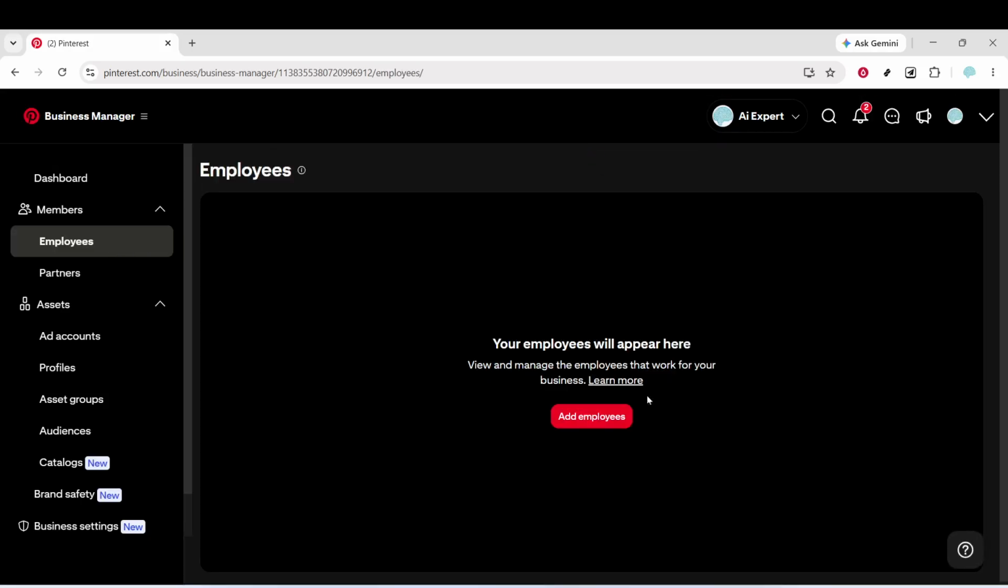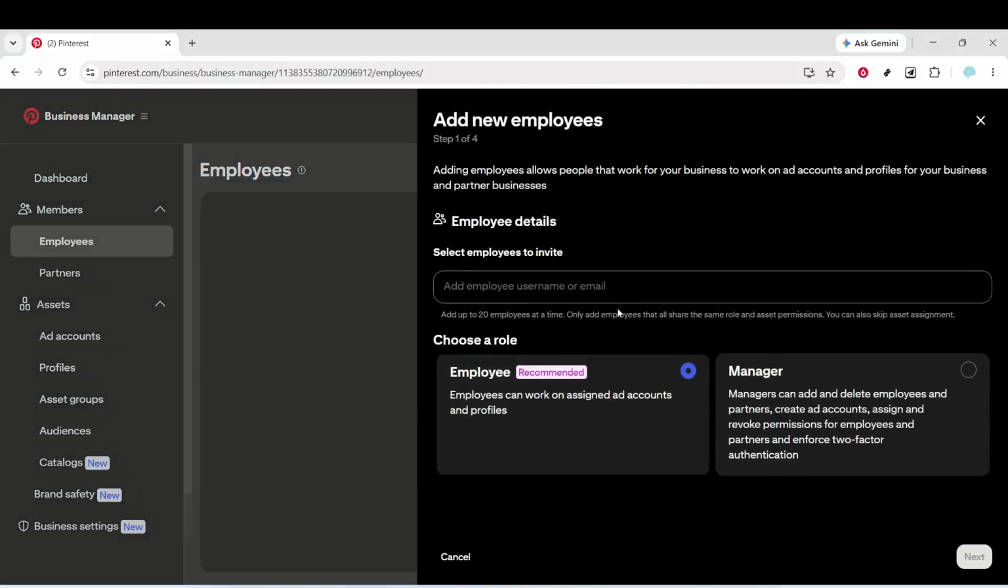And here's the really important part, the part most people mess up. You have to choose a role. You have 2 options, employee or manager. Let me break those down for you. An employee can only work on the ad accounts and profiles you specifically assign to them. They can't add other team members or change permissions. This is your go-to for most team members, your assistant, your freelancer, your social media person who just needs to